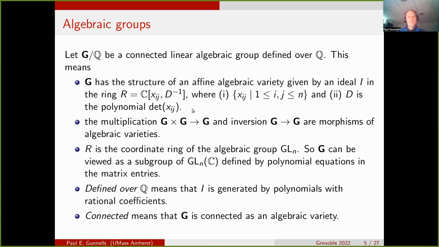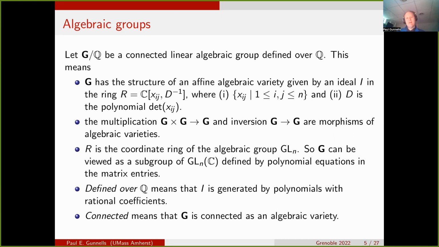Okay, so I want to start by assuming basically nothing about what you might know or not know. So if this is a review or uninteresting, I'm sorry, but I know that at least for some people it won't be. In any case, let's start at the beginning. So to get off the ground, we have to have algebraic groups. So I want to at least tell you what they are.